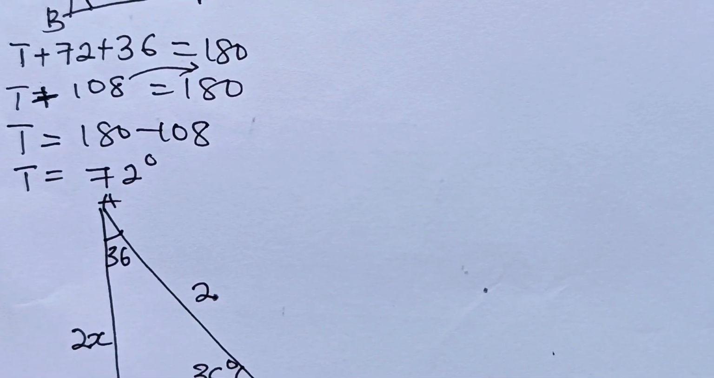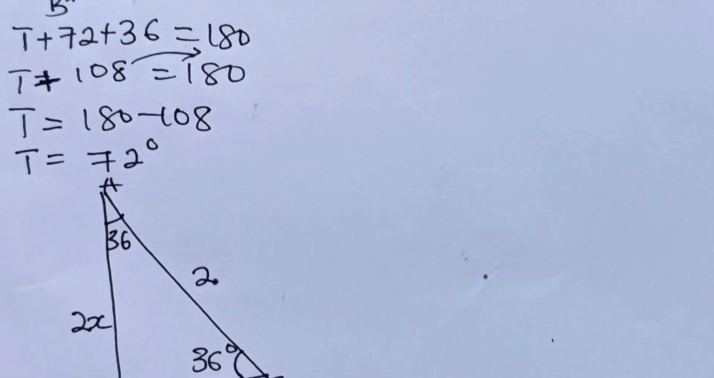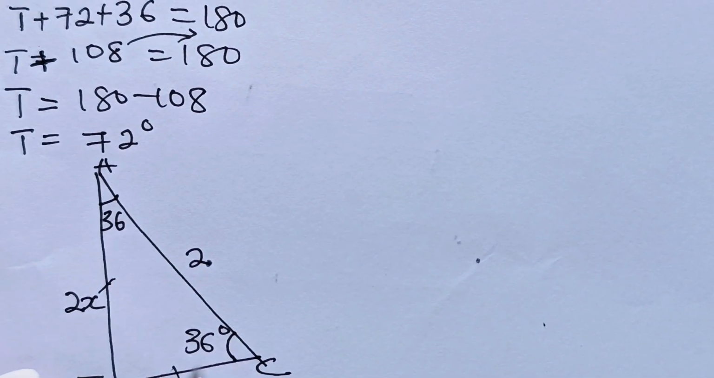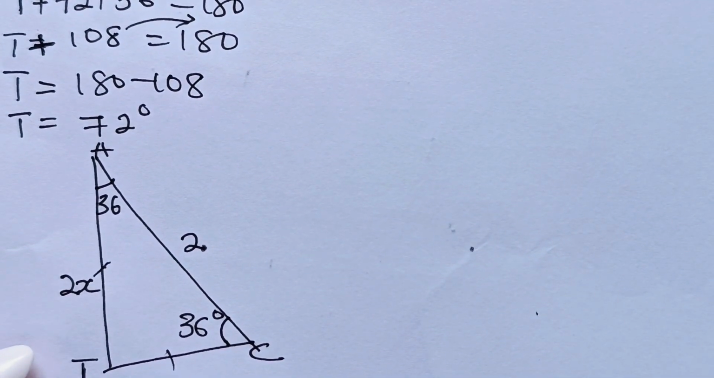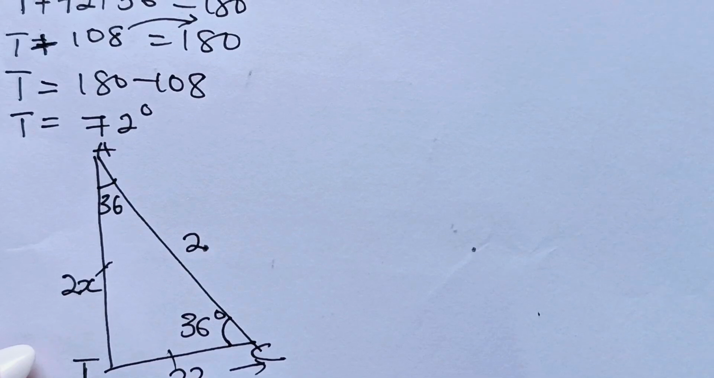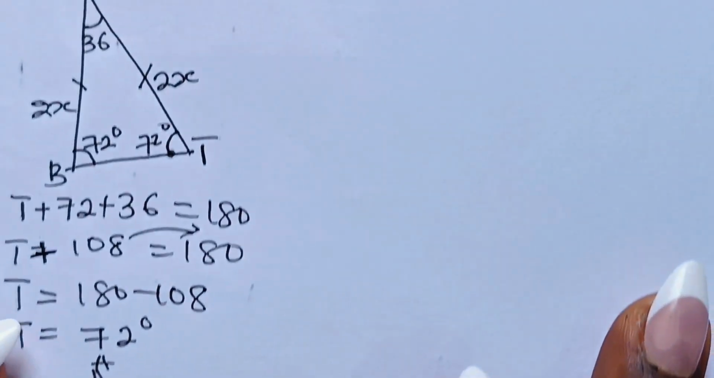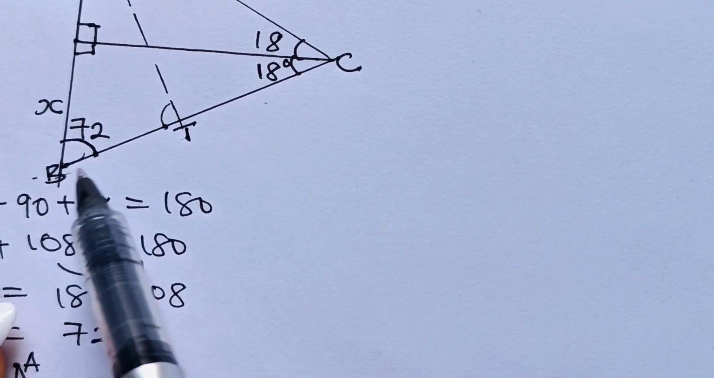Okay, now if you look at these two triangles as well, you will notice that the base angles are equal. So it means that this side and this side should be equal. So it means that this side is also 2x. All right, now perfect. If we should go back to this particular triangle now,